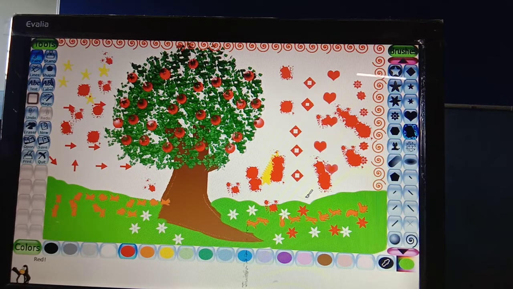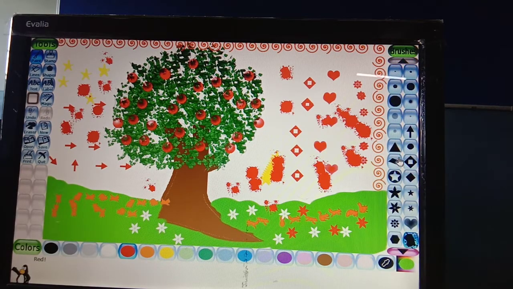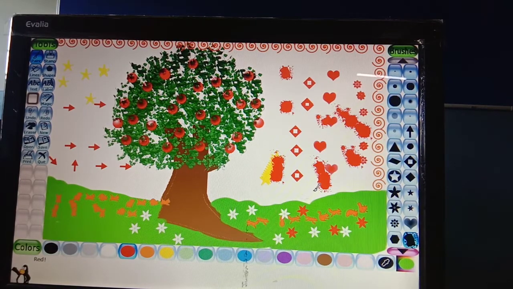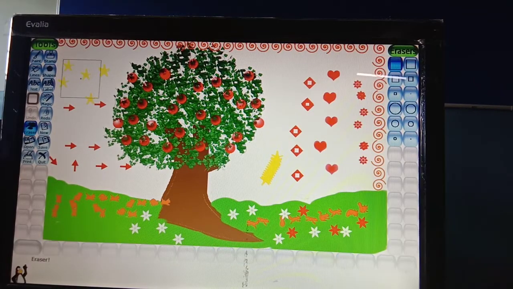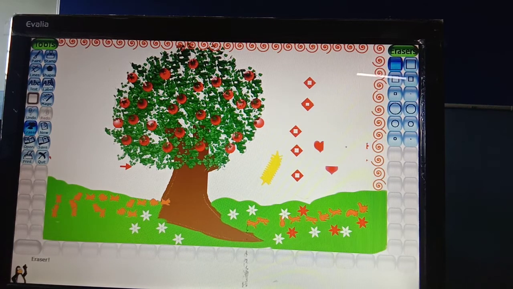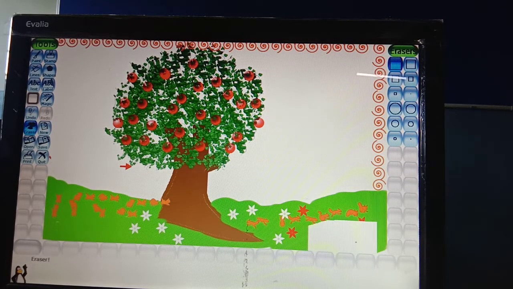Clear to everyone? Okay, so let me show you the other also. I am removing each and everything because it's not looking nice. This tool is removed and I am removing it with the eraser. Then we will learn how to save the file. So this is your eraser. It is present here. You can remove all of whatever you have done with the help of this eraser.